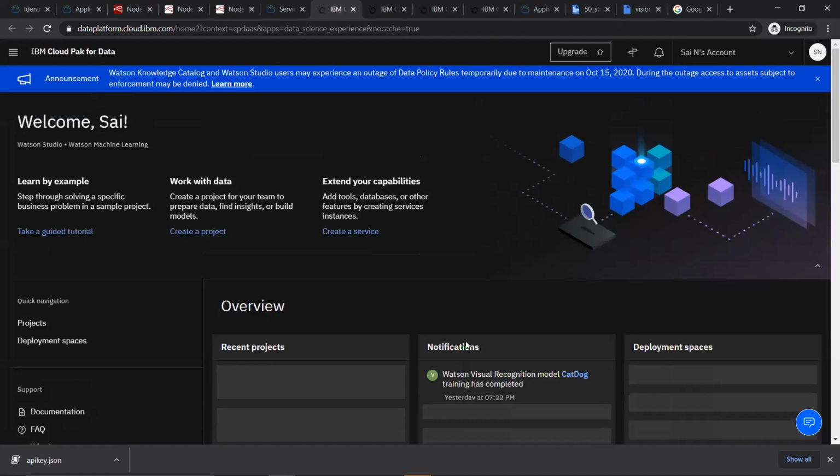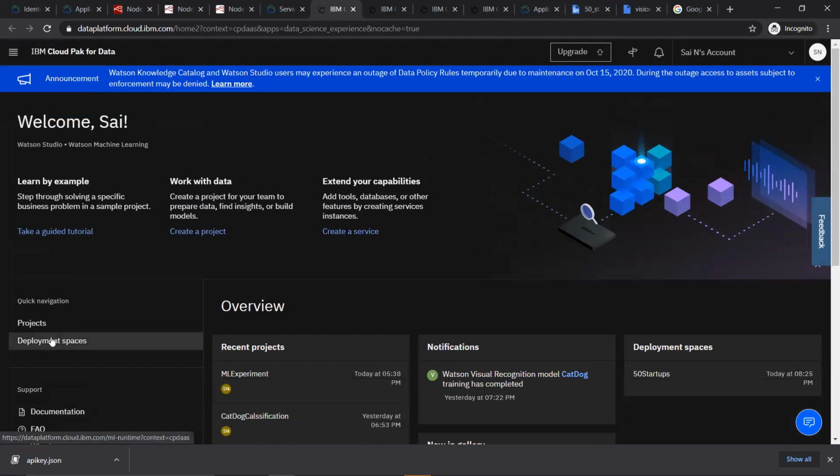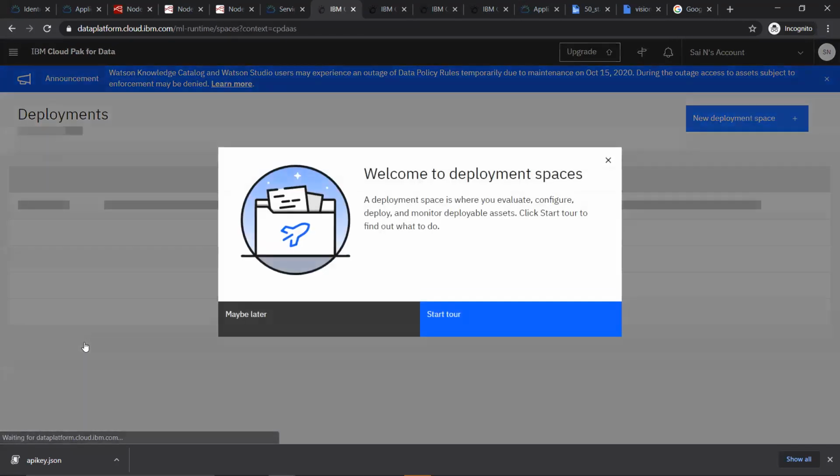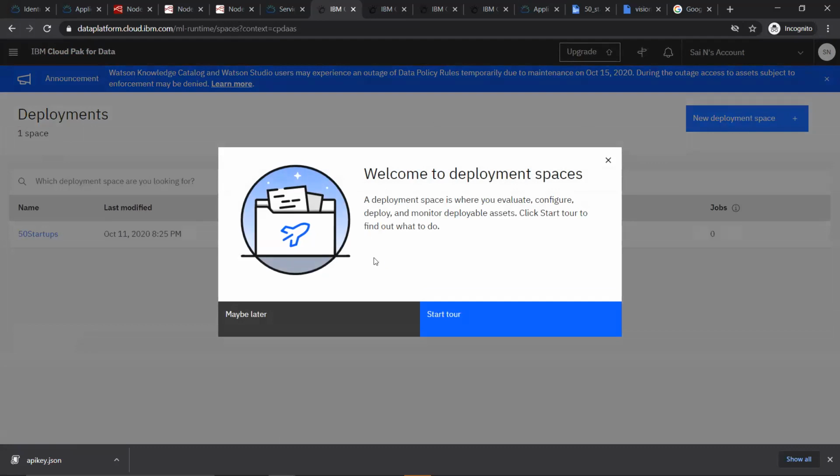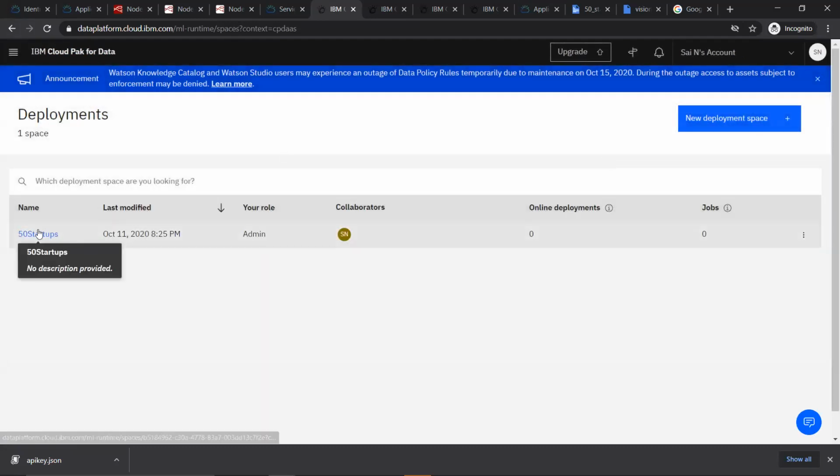Under this, you have quick navigation, you have projects and deployment spaces. Projects will give you the list of all the projects, and deployment spaces will give you the list of all the deployment spaces which you have created. Click on deployment spaces. It's asking if you want to take a tour, if you want, you can, otherwise you can just skip it. And then open your deployment space.